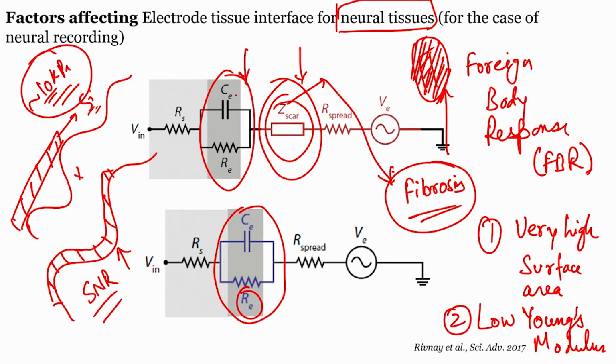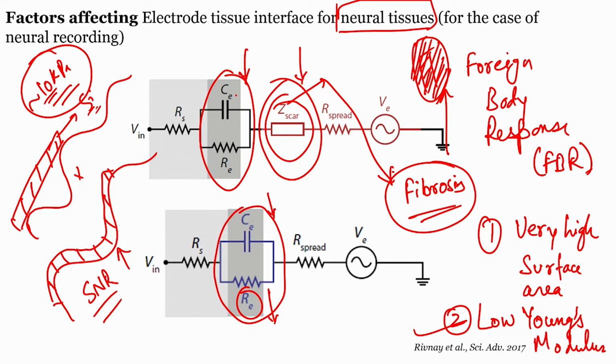Contrary to that, if you have a material which is mechanically soft and has Young's modulus comparable to that of neural tissues, around 10 kilopascals, then there will be two advantages. First, it will have low Young's modulus, and also the contact that it is making with the neural tissues will be better or improved when compared to such stiff materials, which will result in a reduced value of double layer as well as